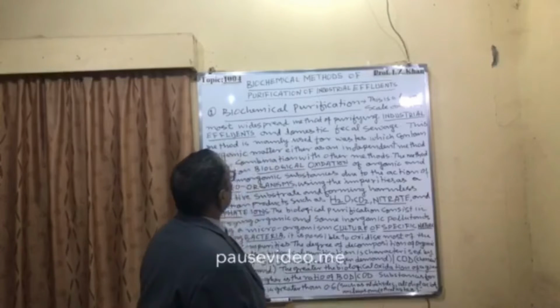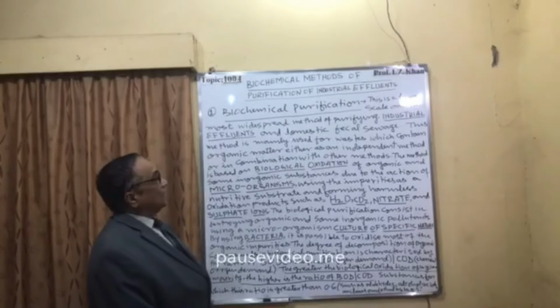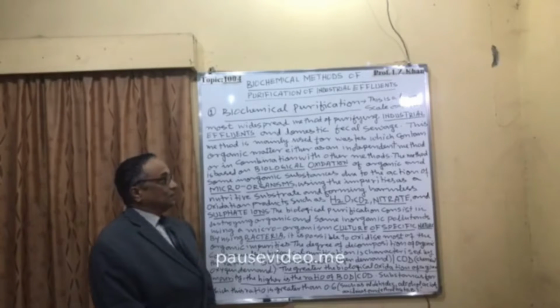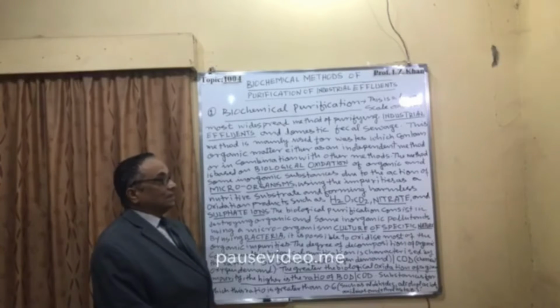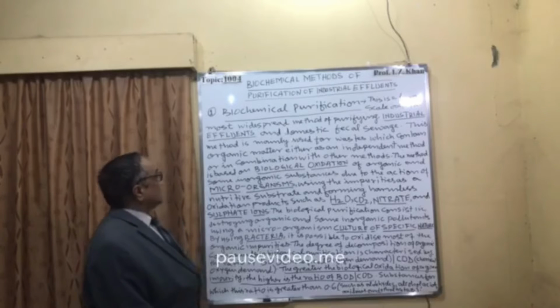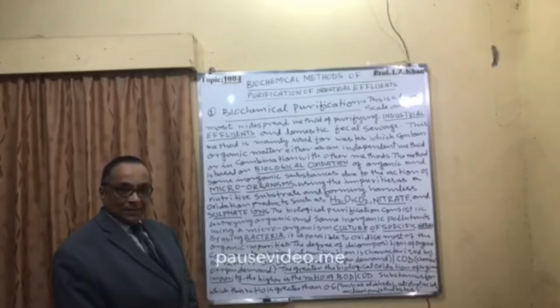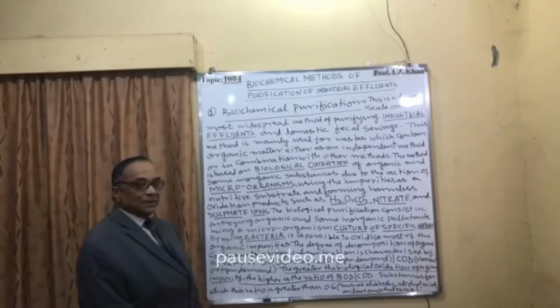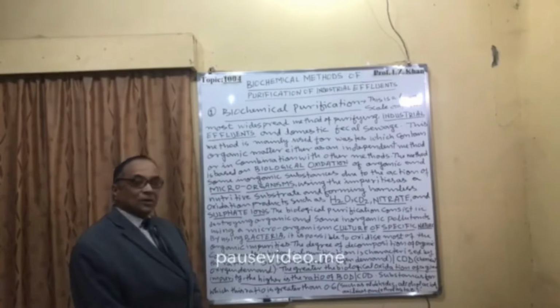So here number one, biochemical purification of industrial effluents. This is a large scale and the most widespread method of purifying industrial effluents and domestic fecal sewage. This method is mainly used for waste which contains organic matter, either as an independent method or in combination with other methods. The method is based on biological oxidation